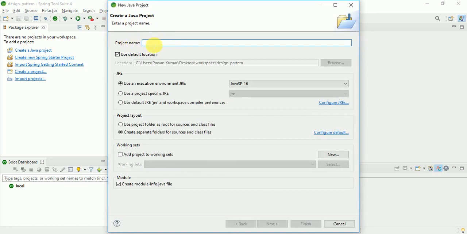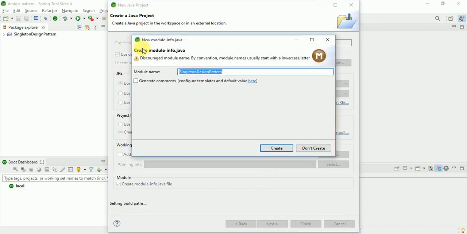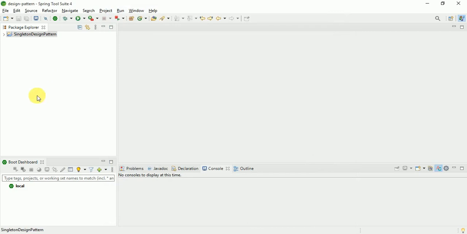I am going to give singleton design pattern, right? Then click on finish, and here it asks to create module-info.java. I'm not going to create this module, so click on don't create, and the project is ready. If you expand this project you will see the Java runtime